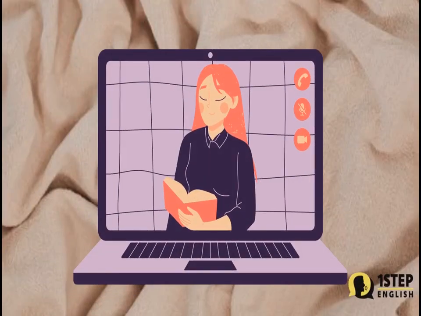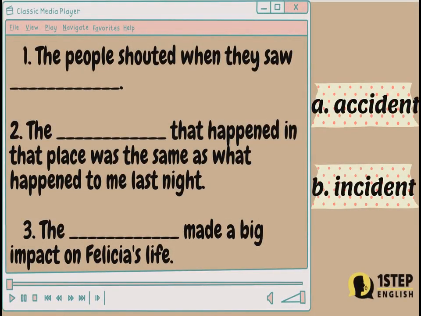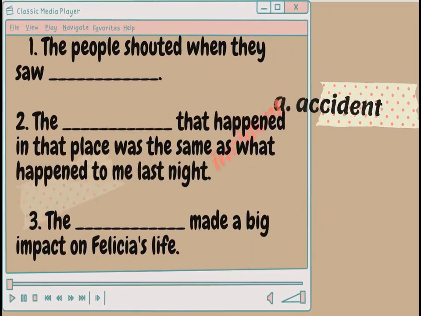Let's check your knowledge. Direction: fill in the blanks with the appropriate word. If the word does not fit, leave the space empty. Number 1. The people shouted when they saw a blank. Number 2. The blank that happened in that place was the same as what happened to me last night. Number 3. The blank made a big impact on Felicia's life. Letter A. Accident. Letter B. Incident. The correct answers are